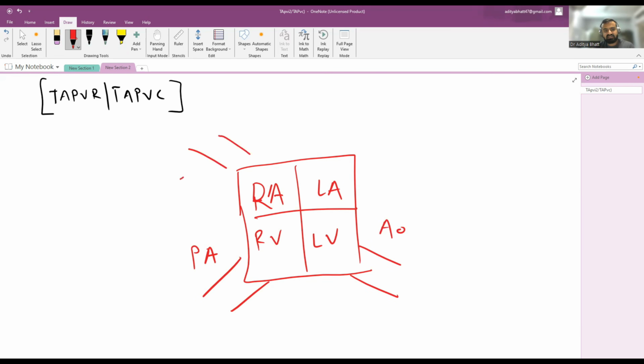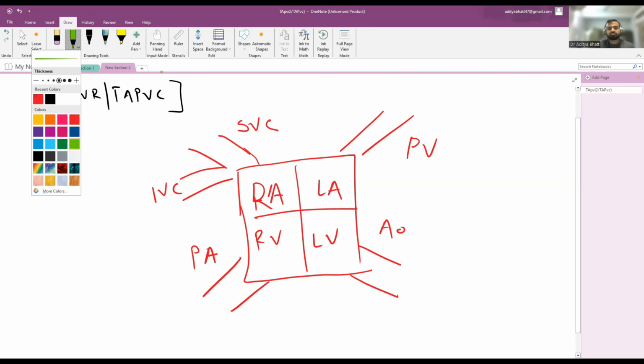The venous blood comes from either SVC or IVC, and the blood that has gone to the pulmonary circulation comes back via the oxygenated pathway of pulmonary veins. So this is the normal heart. Now I will draw a